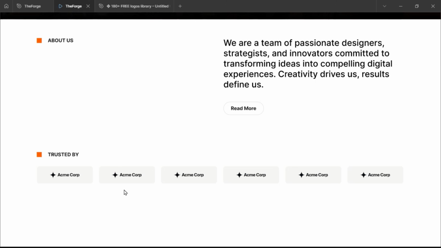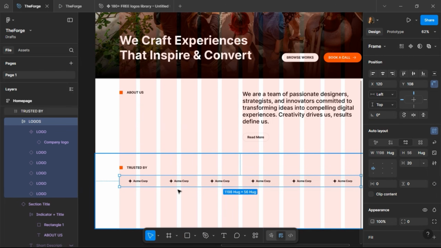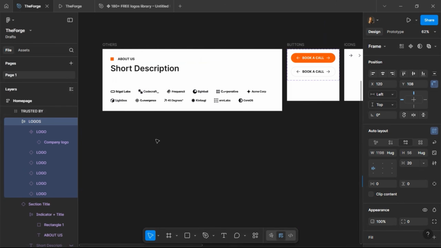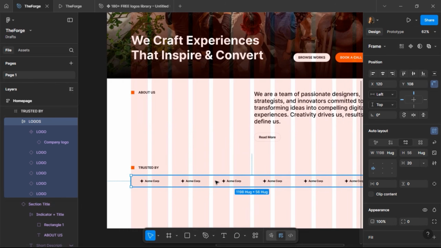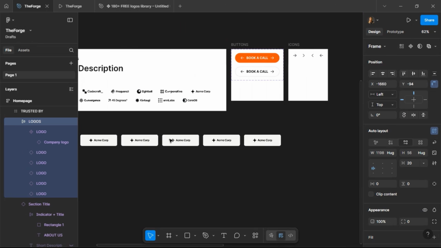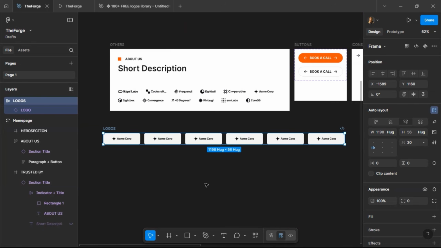You know what, since we already have this, I'm just going to go over here now and try swapping out all these logos. So I'm just going to try to bring in some logos. So let's bring it out here and try to do that. So now that we have it up here,